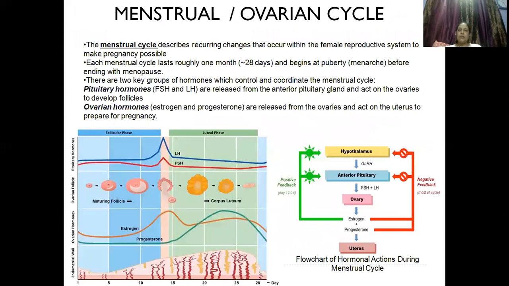Now, this menstrual cycle, as you can understand, when does it start? When the female has an onset of puberty, the menstrual cycle or the ovarian cycle starts, at the age of around 13. Now, the age of 13 could not be fixed. It varies with the physical development of the child. In the case of Indian females, it could be 13, it could be 15, 16 years also.